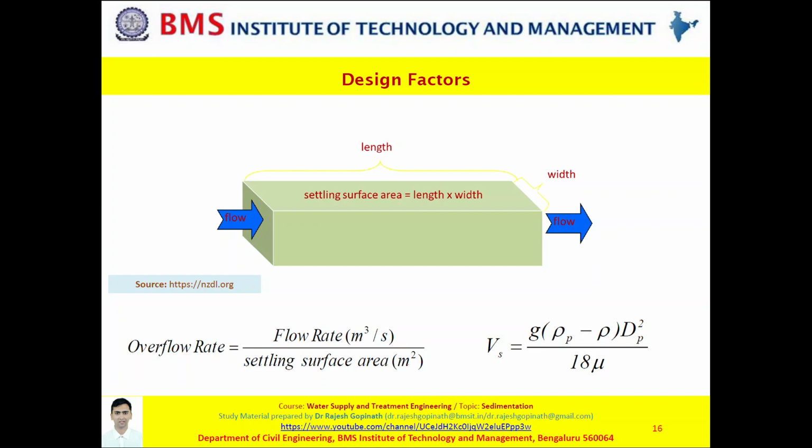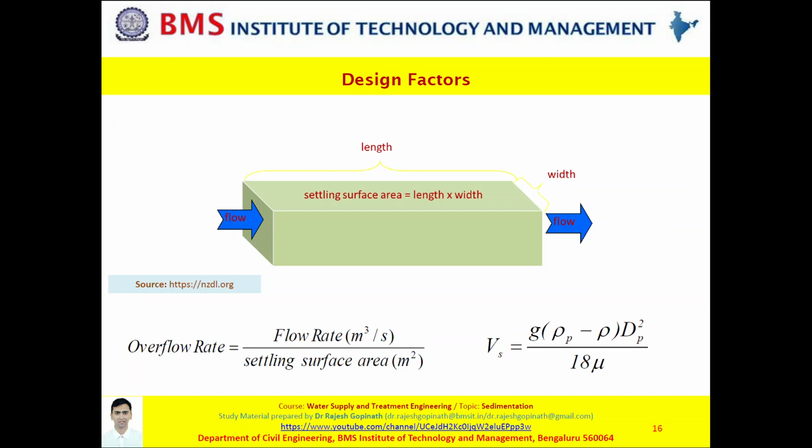Now, what are the important parameters when it comes to your sedimentation tank? As I have told you before in the introduction, sedimentation is based on Stokes' law. Thereby, any particle which is denser and larger will have a greater probability and a higher settling velocity. Okay. Certain other design parameters which are of prime importance would be the length of the tank, which is basically a product of the detention period and the velocity of flow. Cross-section area of the tank, which is the capacity of the tank divided by its length.